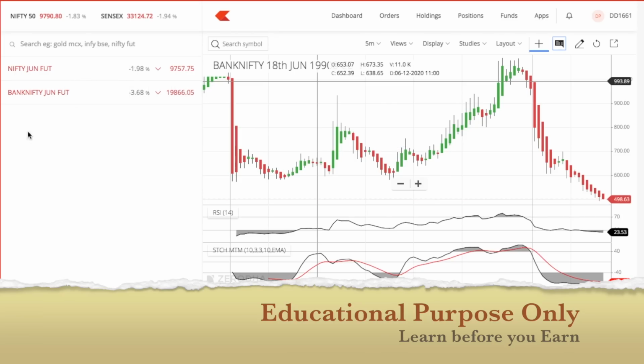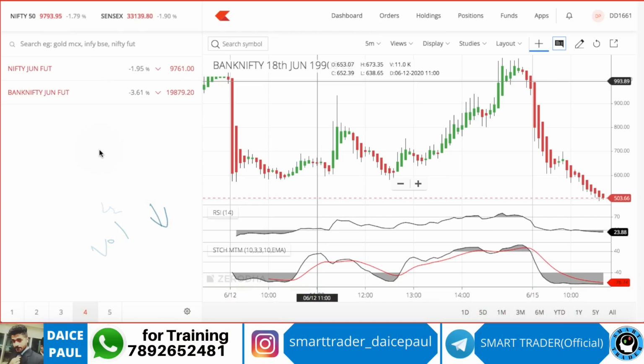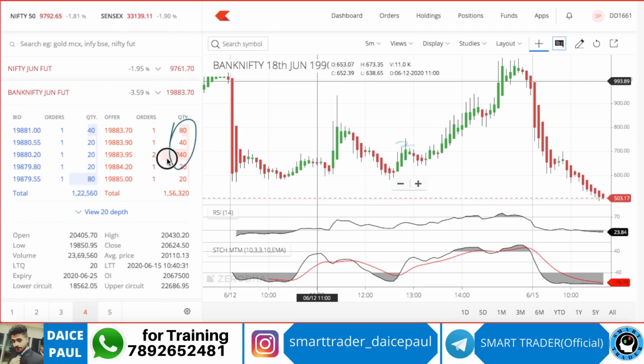Now for example, let's take an example of bank nifty. Why bank nifty? Because nifty and bank nifty's volume is very high. Stocks, if you take the volume, is very less. Once you buy, there may not be an opposite seller. Your trade may get executed, but when it went up and you want to sell, the opposite side entries won't be there. The liquidity is very less in stocks.